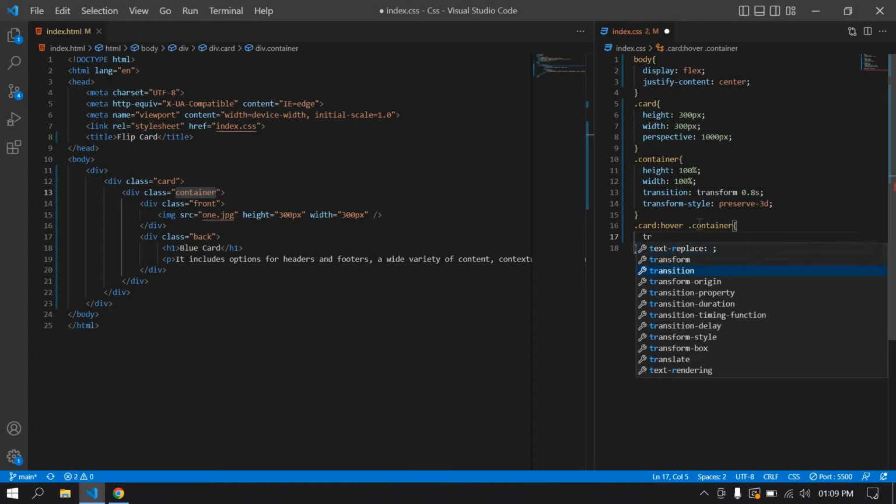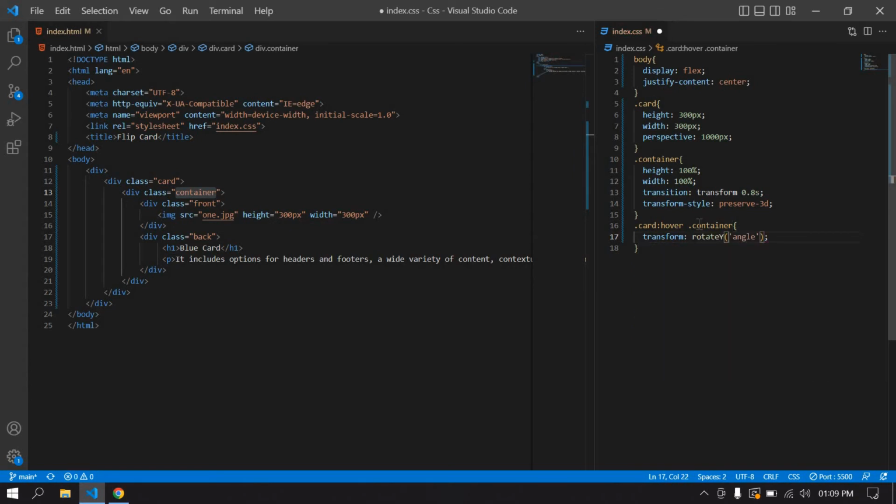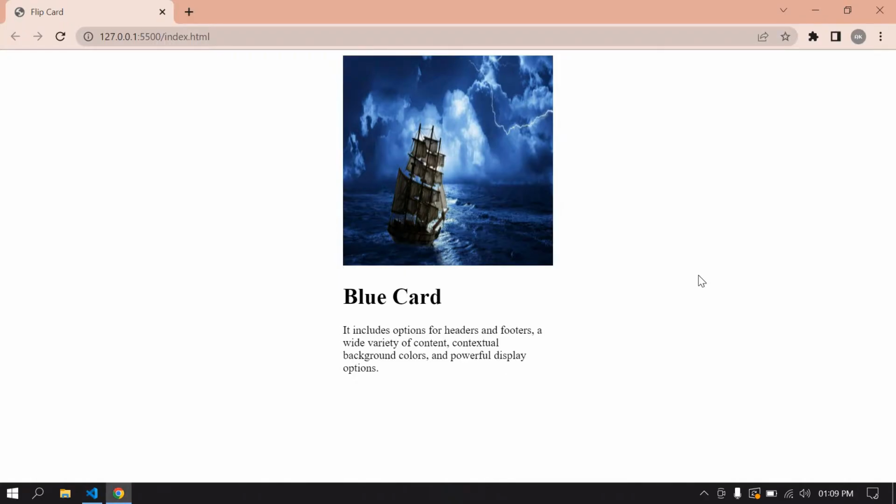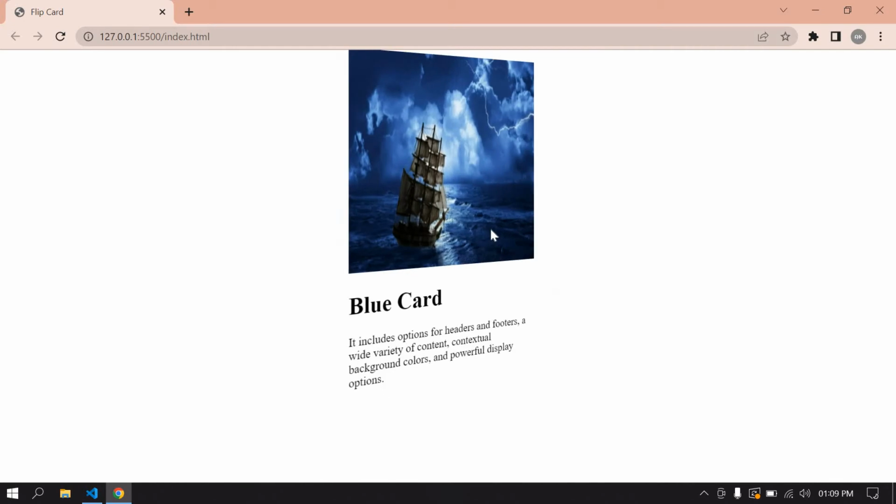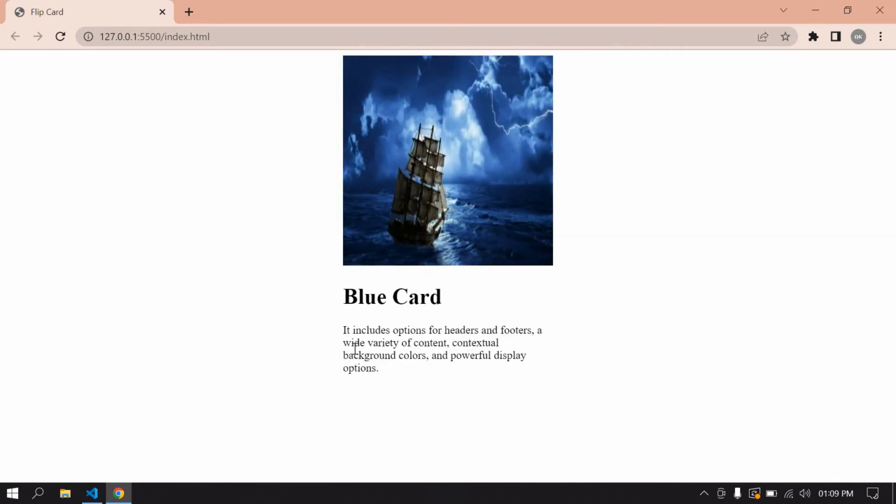Okay, transform rotate y direction, 180 degree. Okay, save this, go here. Yeah, card is rotating like this, and I want this content, the blue card should be at the back side